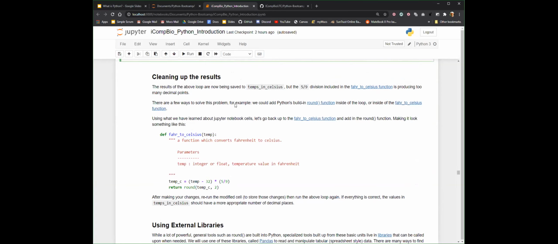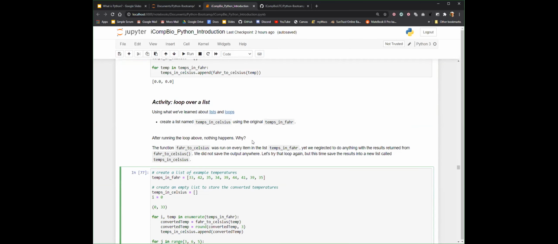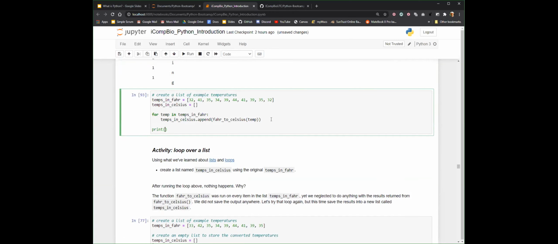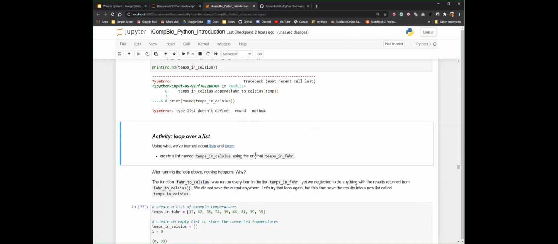So here we just talk about how we can essentially clean up many of the results using the round function. And so round, for example, if I did something like this and printed temps in Celsius, we have these very ugly numbers that are truncated after several characters. What we can do is essentially call the round function. And if you call the round function with only one parameter, it will